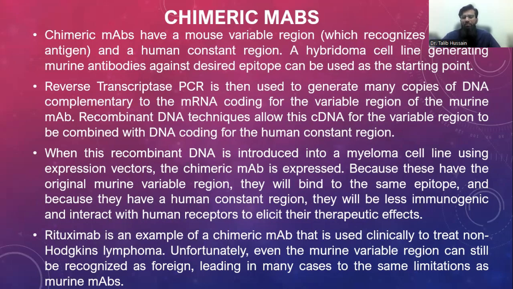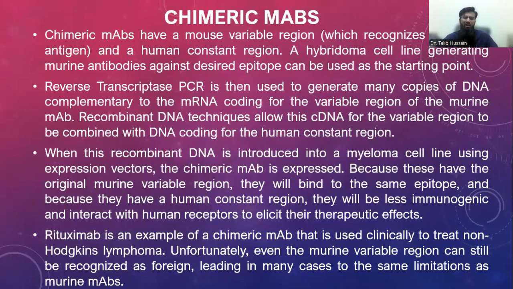With reverse transcriptase PCR, we can use messenger RNA that will result in the coding of cDNA, a complementary DNA. So we can make the constant region by taking the messenger RNA which is producing the constant region of the human antibodies, reverse transcribing it and then making its multiple millions of copies